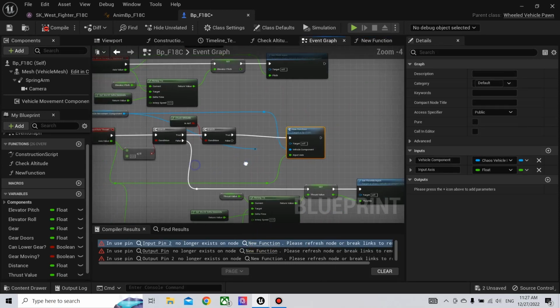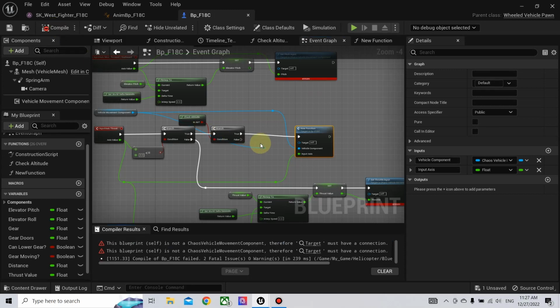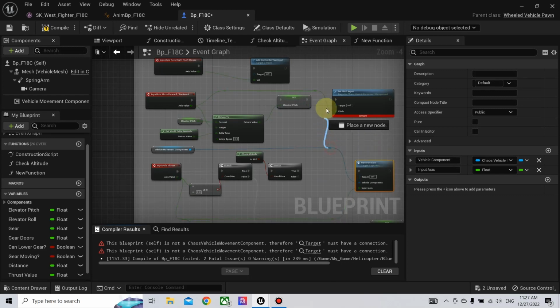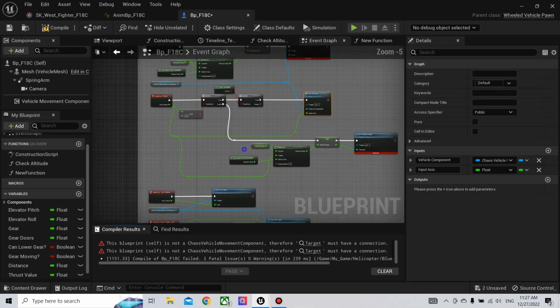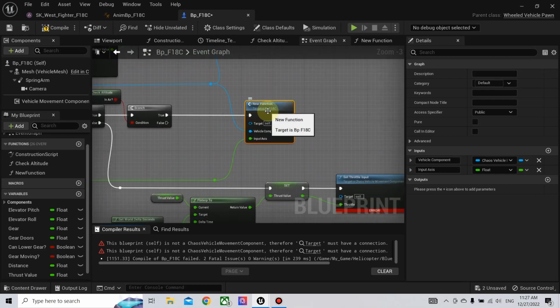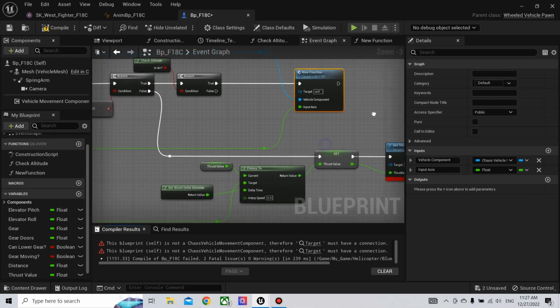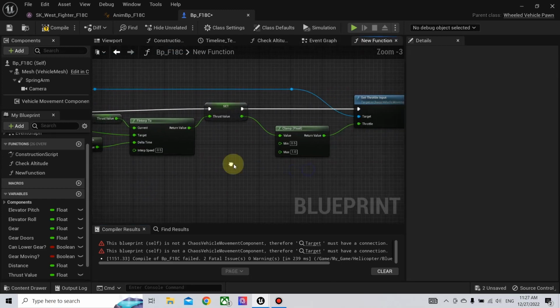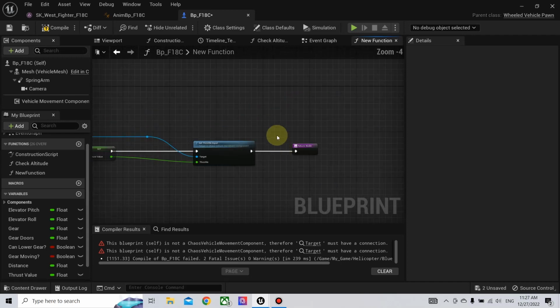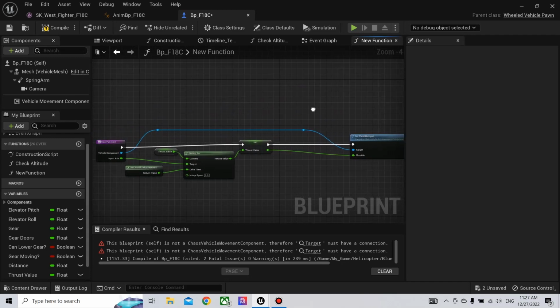Refresh the node. Also this one. This function, call it, or you don't need to call it anything. Just delete this and we'll clamp the float before the